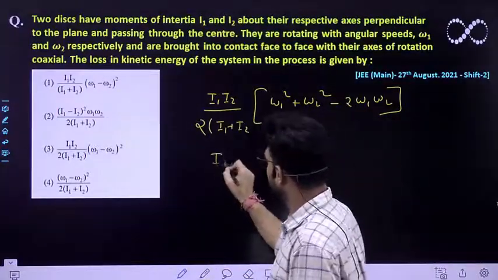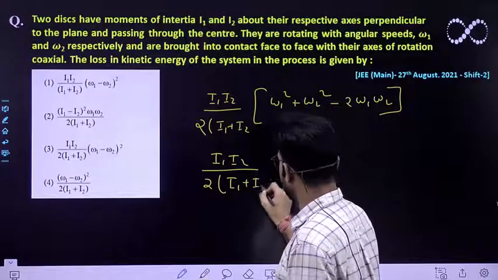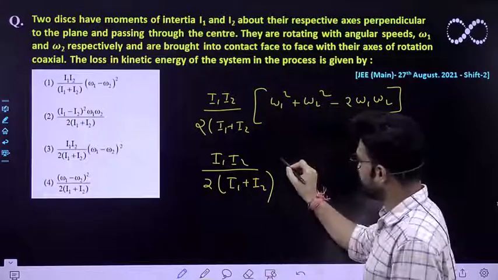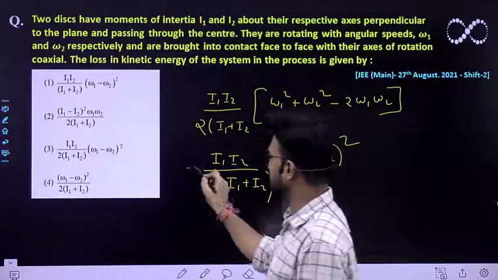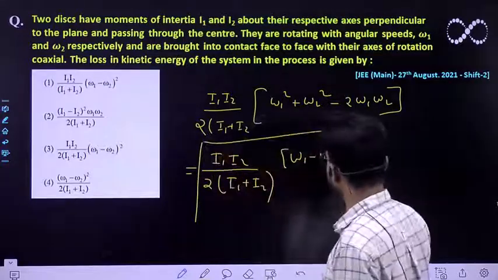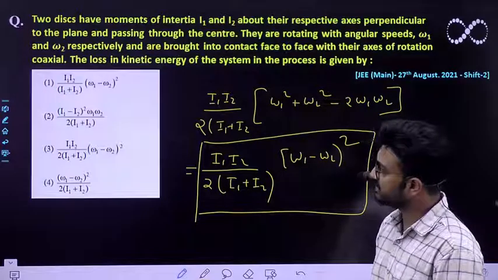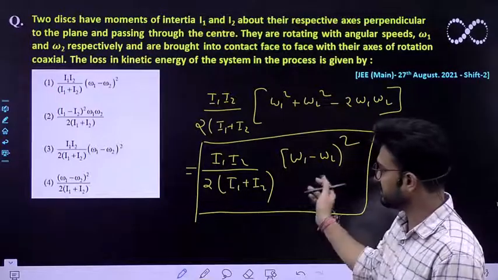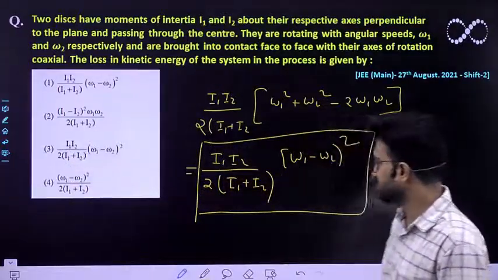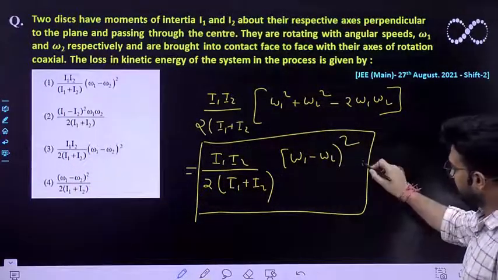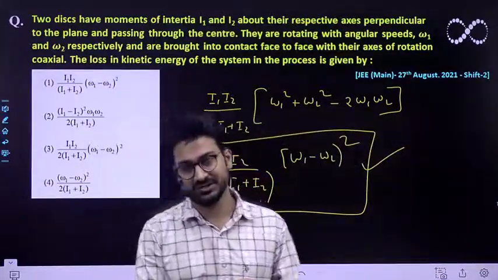So it would be I1 I2 by 2 into I1 plus I2, and this expression will come out to be omega 1 minus omega 2 whole square. So this is the final answer that we are getting. So you can easily check from the 4 options which expression is coming out to be true. So the third option is the correct option that we are getting. Okay, this question is somewhat lengthier, but it is quite easier. Okay, so I hope this question